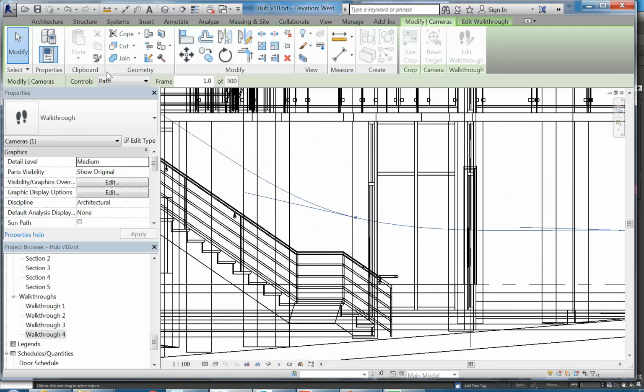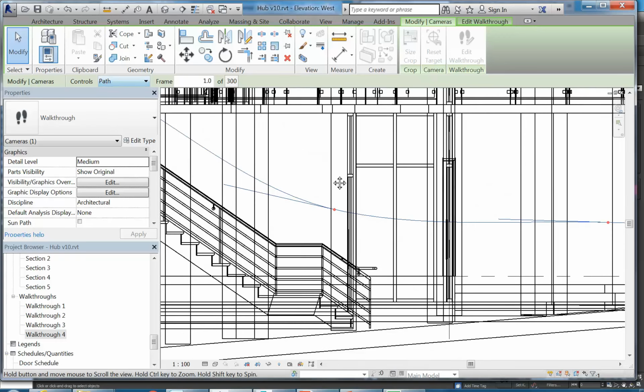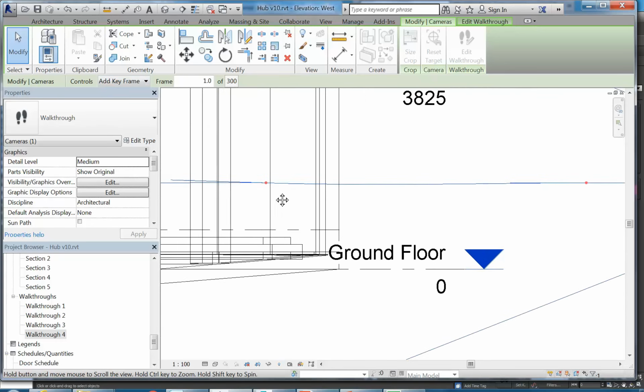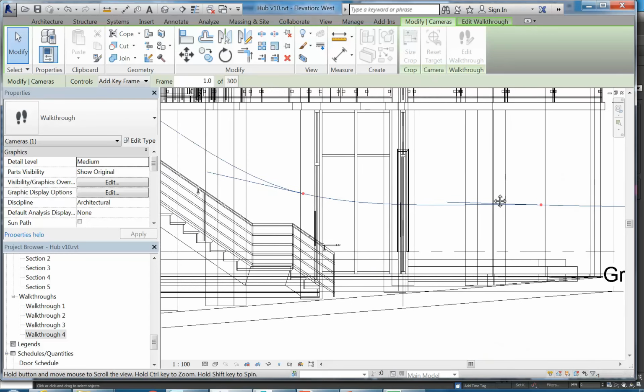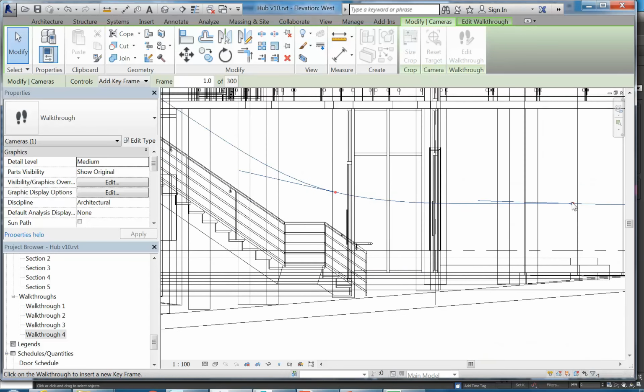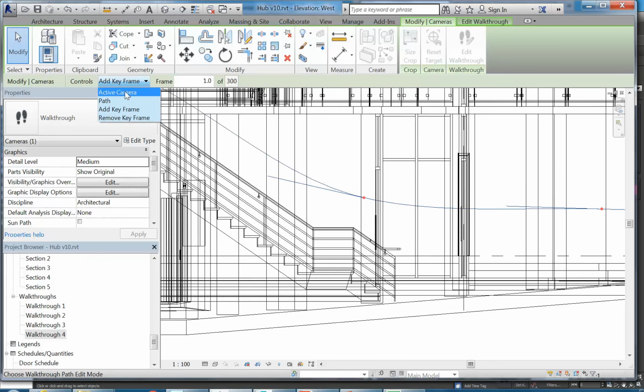And so I'm going to change it back here. Maybe actually before I do that, I'll just fine-tune that path and make sure it's not too much up and down. So you want to watch out for when it goes up and then down from that curve there. Exactly, that's right. So that's important. And then when you go back to the camera, you've got those two options, path and active camera, which are the main ones there. So if I go back to active camera,